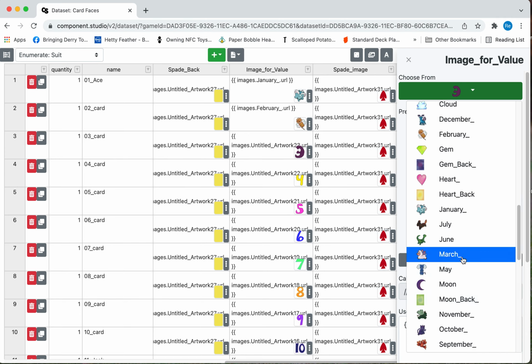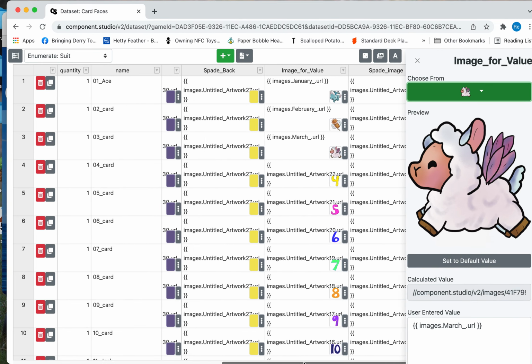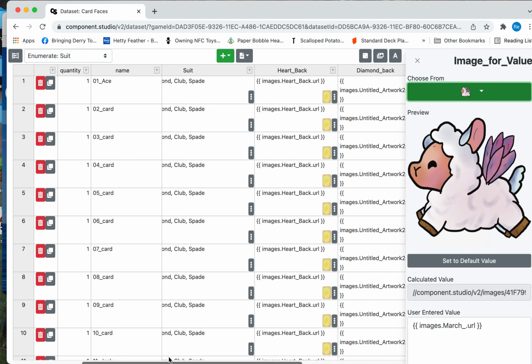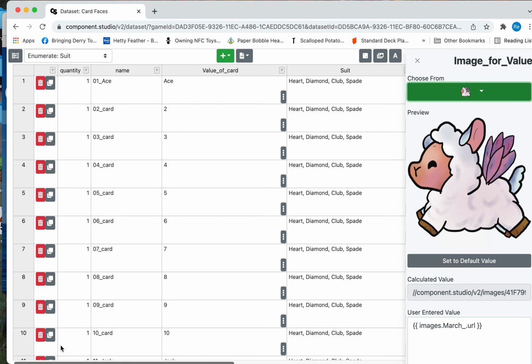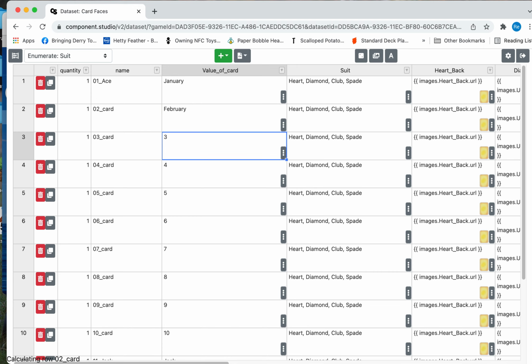March. All right. And then we're going to go back and value of the card. So we're going to have January, February. Now that we've made those edits,